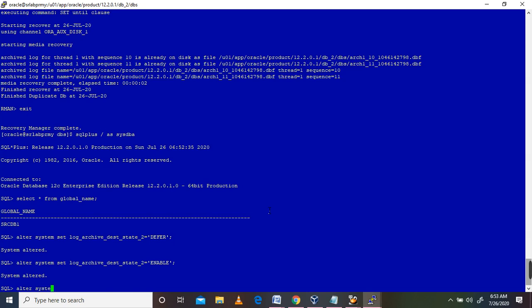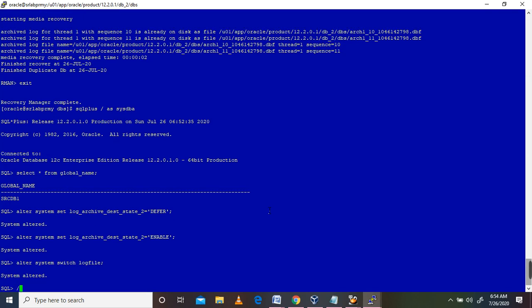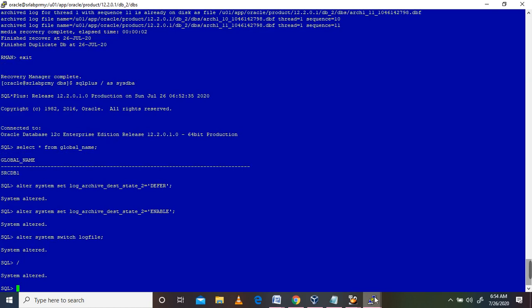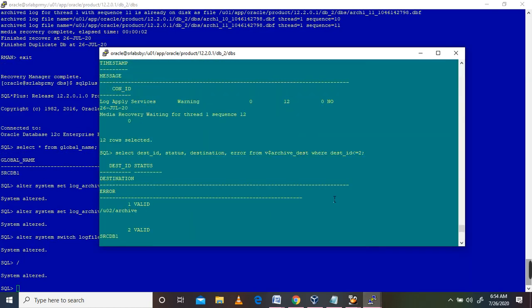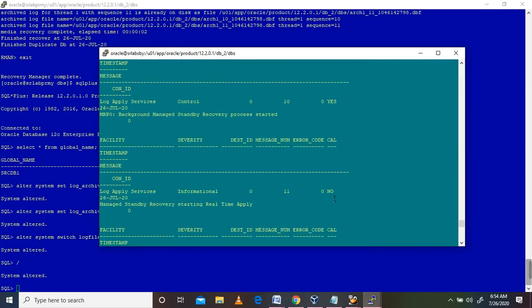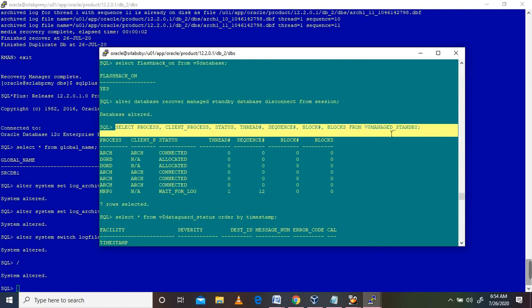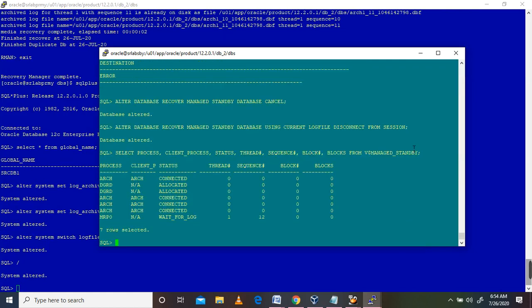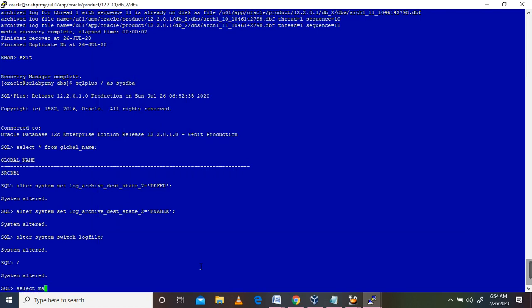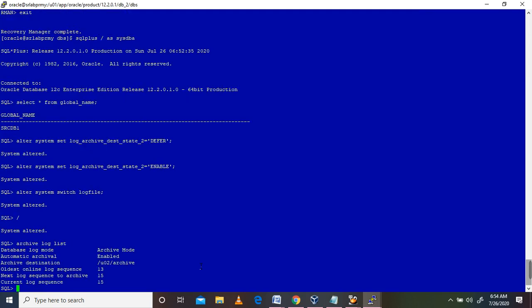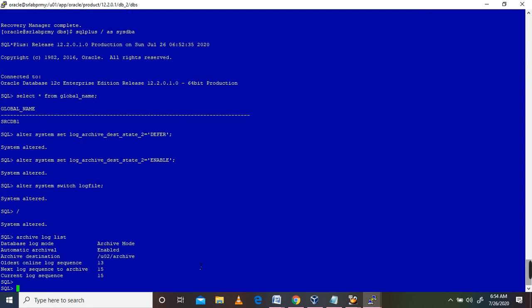A couple of switches we will do. We'll check the standby side. Still waiting for log. Select archive log list. So it's waiting for sequence 12.